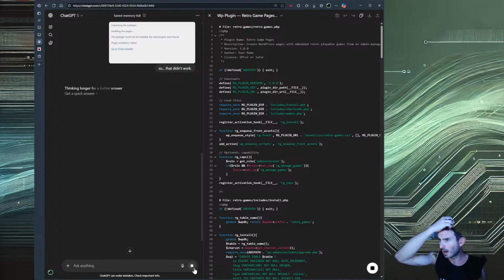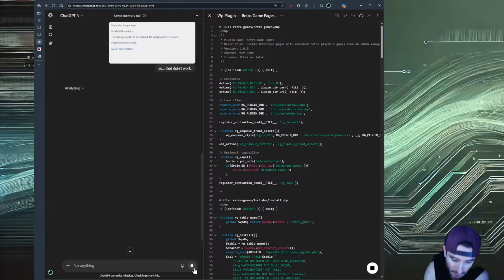But I'm wondering if I do train a bot specific for this, which I do have one, I could just upgrade its capabilities to GPT-5. Maybe it's already done that. I don't know, I haven't read that far. I forget the point of where I was going with that. It failed. It's not a very good WordPress plugin developer.